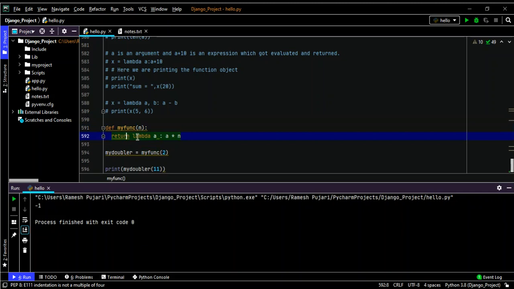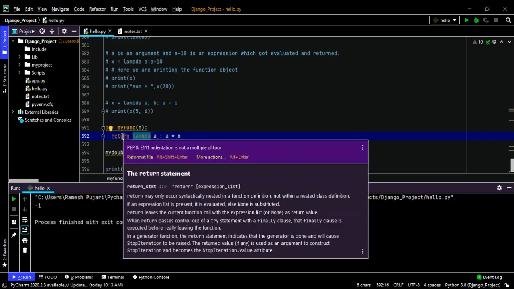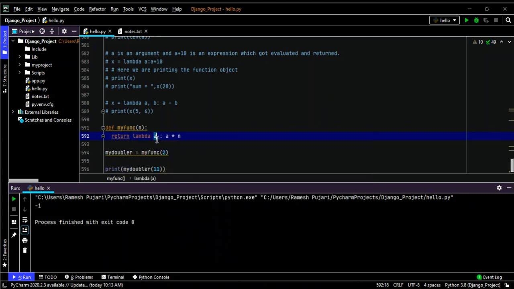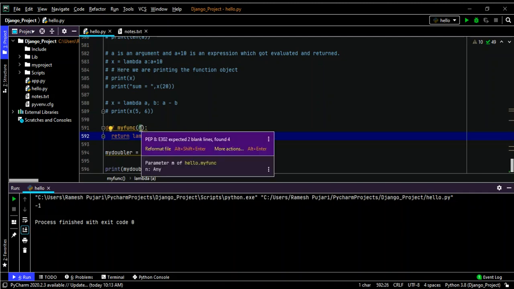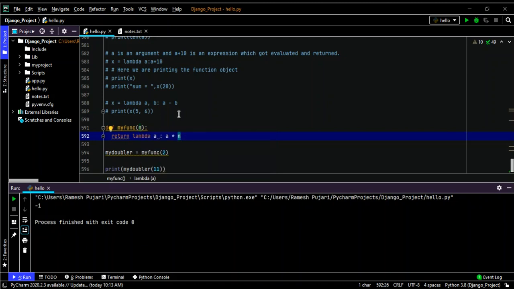I'm returning lambda. This is the lambda keyword I have to use in order to use lambda functions. I'm passing the parameter a and performing the expression a into n, where n is the parameter which I passed to the function.